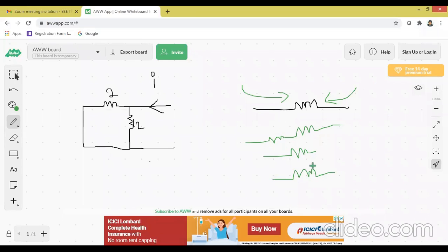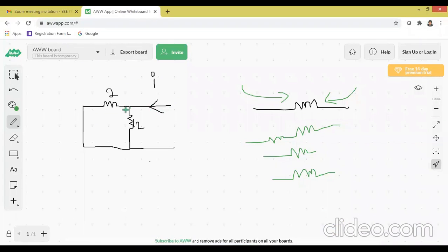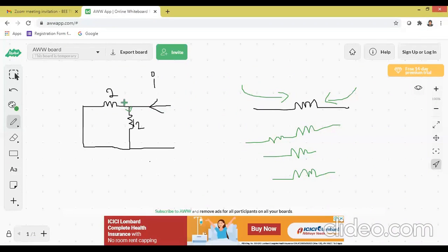Remember, all of you, we will take the series and parallel explanation later on. Assume these two are pipes. When water flows, if the water divides, then we call it a parallel circuit. So now assume that current is flowing here. When current flows, it comes to this junction. Now what happens to the current? The current starts to divide: a certain amount of current I1 here and I2 here. So whenever current divides between two resistors, those two resistors are connected in parallel. Understood? Now these two resistors are connected in parallel.